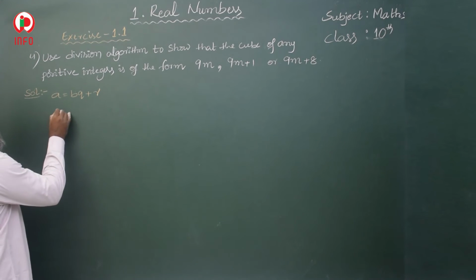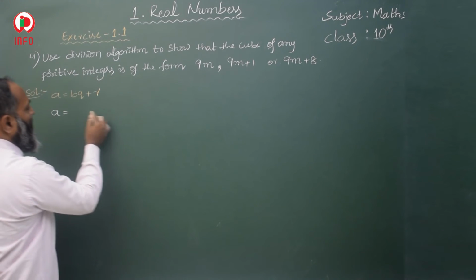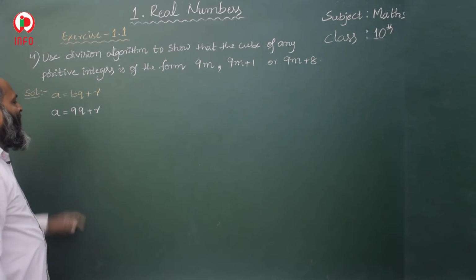If I take b as 9, that is a = 9q + r, when we divide with 9,